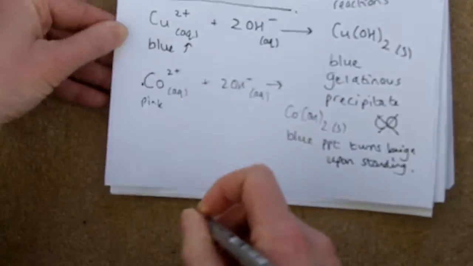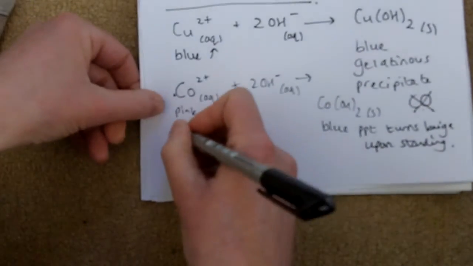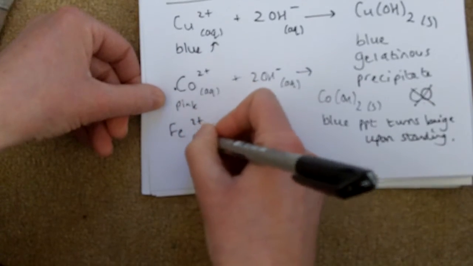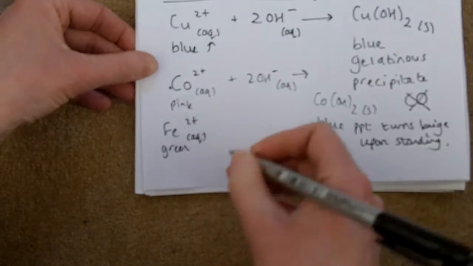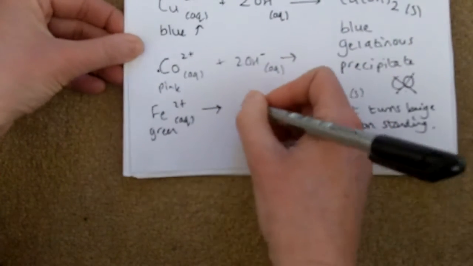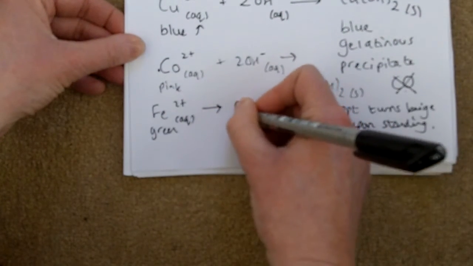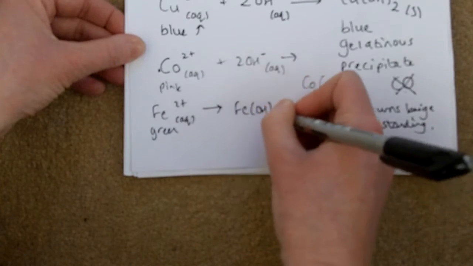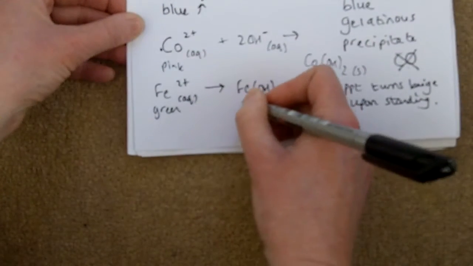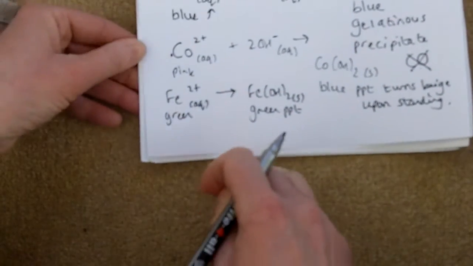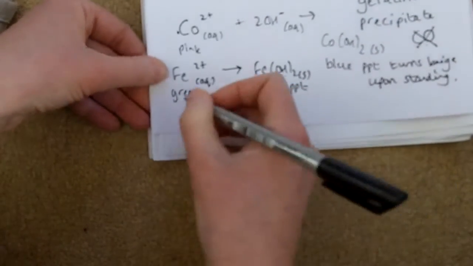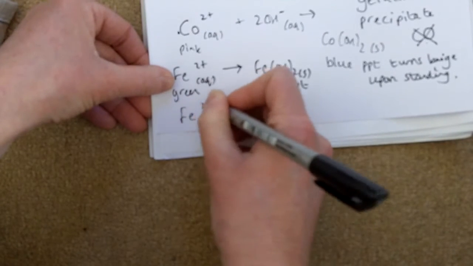Okay, the other two colours you need to know: iron 2+ is a pale green solution, light green, and just the same with hydroxide, it forms iron hydroxide solid, which is a green precipitate. And then finally, the last one, the colours you need to learn for A-level chemistry, you need to know iron